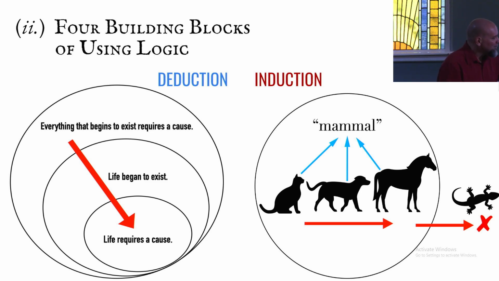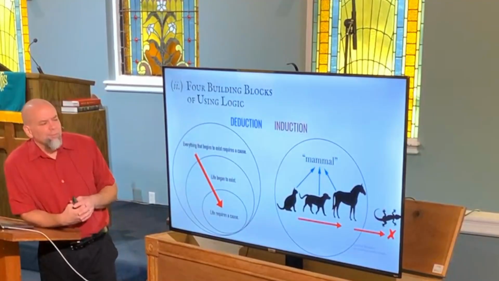Nevertheless, there are basically two lanes of traffic that our reasoning flows. We can go from general or universal truths to specific applications of that truth. Or we can move this way and see all these fuzzy, four-legged things. They reproduce, they eat these kinds of foods, meat eaters versus not. And then I notice I have the lizard outside of that circle. At first I was going to put them in the same group, but now there's some different things about them.